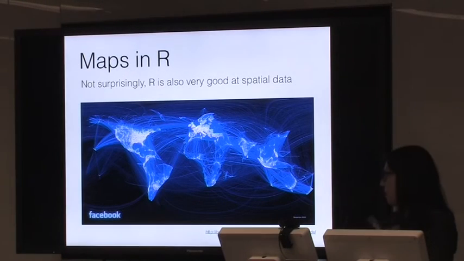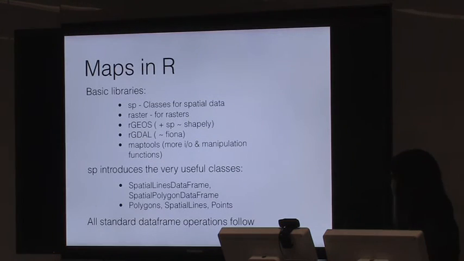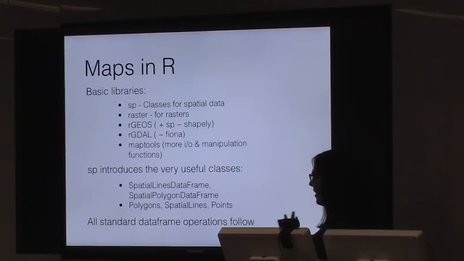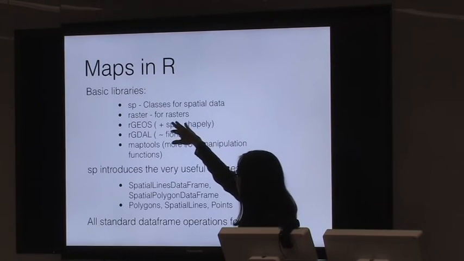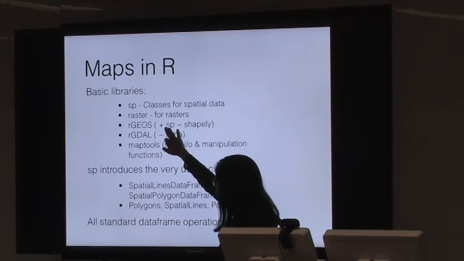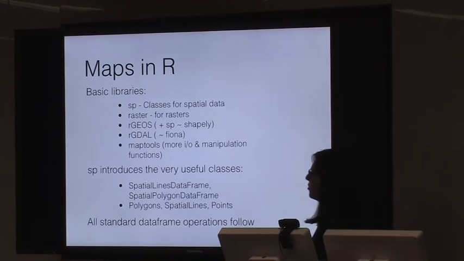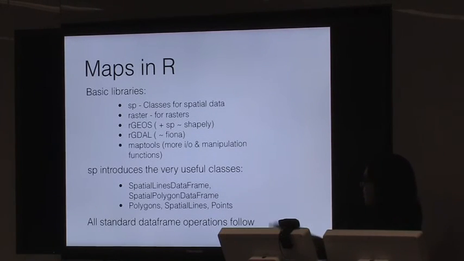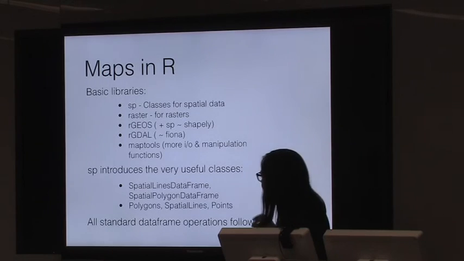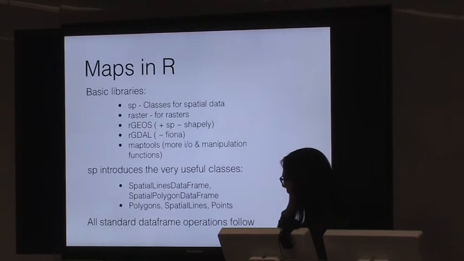So this is a very famous visualization that was done in R. And so you understand the mapping between the Python libraries and the R libraries. What you find is, SP defines the classes for spatial data. Then RGeo's library is like plus spatial, is like Shapely. So you have all the same functions to operate, unions, intersections, all that stuff. Then RGDAL is like Fiona in some ways. It's just to read I/O